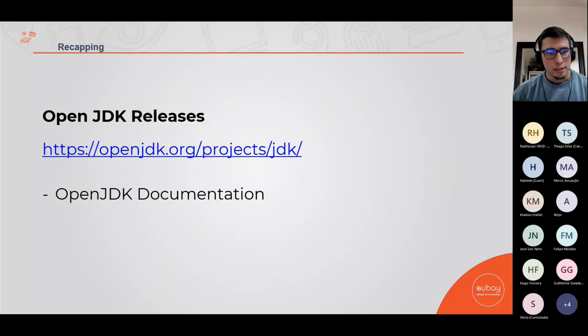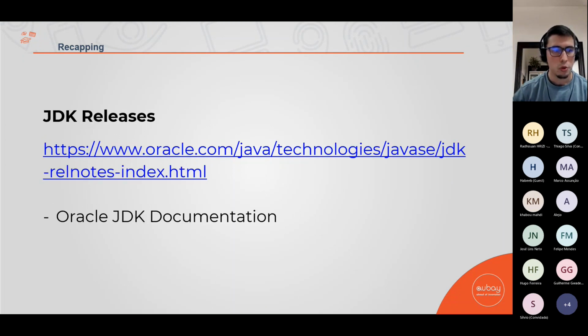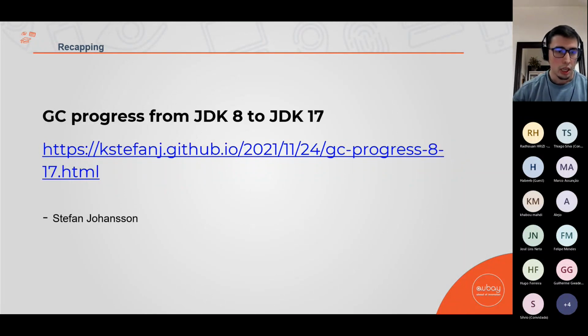So again, this is where you can search more about it. You have the OpenJDK release. We also have the Oracle documentation and the release notes. If you want to know more about the garbage collector progress from JDK 8 to 17, you have this link, this awesome article.